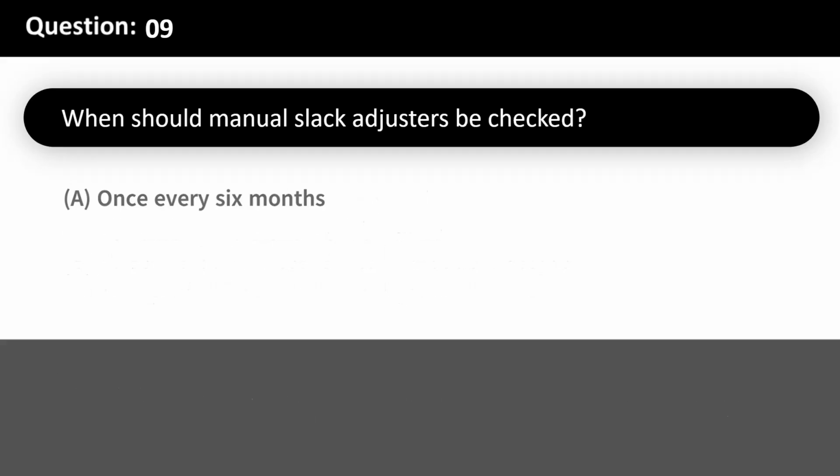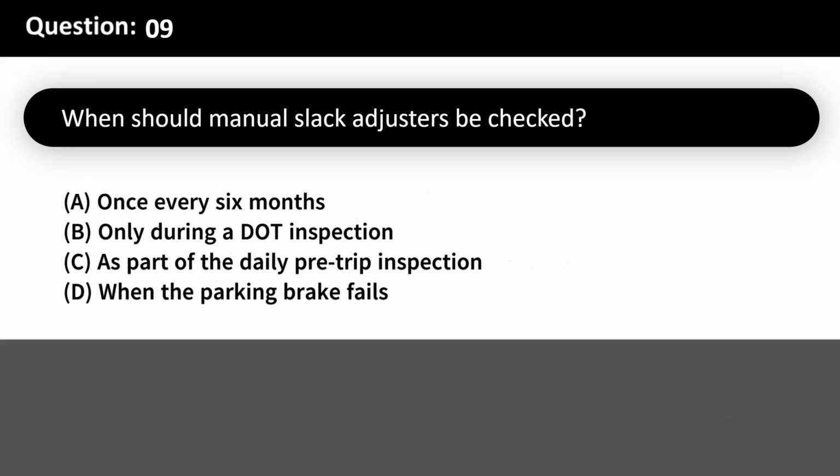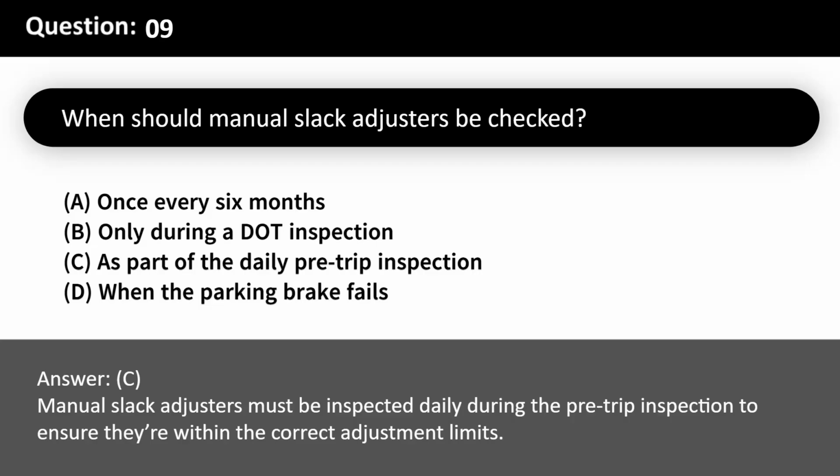When should manual slack adjusters be checked? A. Once every 6 months. B. Only during a DOT inspection. C. As part of the daily pre-trip inspection. D. When the parking brake fails. Answer C. Manual slack adjusters must be inspected daily during the pre-trip inspection to ensure they're within the correct adjustment